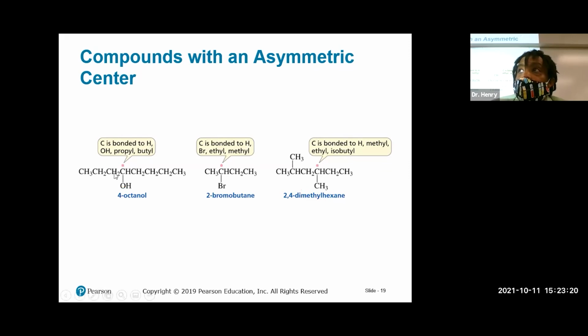So here we have, these are all examples of asymmetry. 1, 2, 3. On the 4th carbon, then we have 1, 2, 3, 4 carbons are here. So there's 3 carbons here, 4 carbons here. And then we have the ethanol that's hanging off that 4th carbon as well. You guys can clearly see this one too, right? So 2 carbons over here, 1 carbon over here, and your bromine. And then this point right here, clearly asymmetric. Yes, no, maybe.